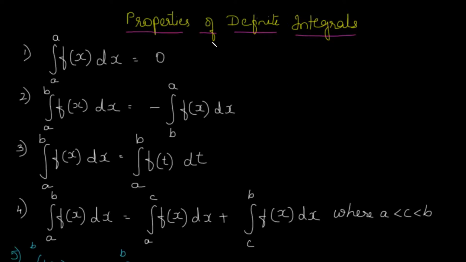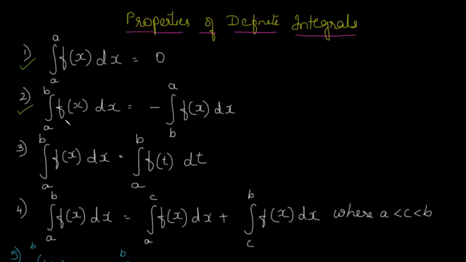Hello students, we had begun with chapter 6, if you remember, that is definite integrals, and we have already completed exercise 6.1. Now before going on to 6.2, we are going to study certain properties of definite integrals. The first one among them, that is the integral from a to a f(x) dx, gives us 0. Now this property, you can just think of it, you will know that this property is true without me showing it to be true.